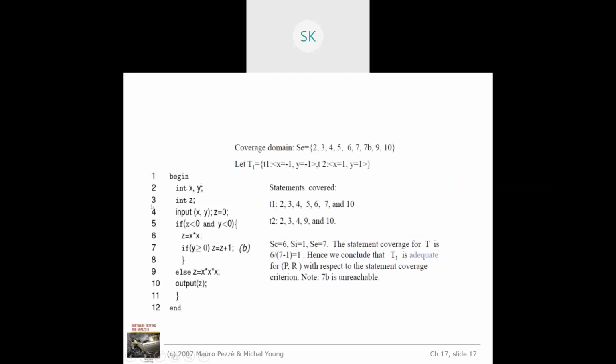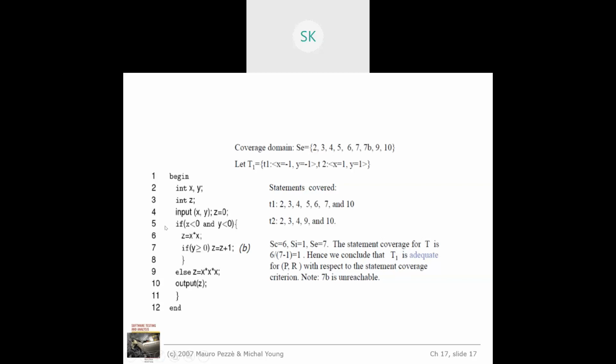See here. One simple code snippet or pseudo code is written, where you have a procedure to begin and to end. Here, int x, y, two variables have been declared, and one more variable z has been declared. All these three are integer type variables. Next, the fourth one: input x and y. You are taking x and y as input from standard input devices, such as a keyboard. After inputting that, you initialize the z value to 0 once you capture the values for x and y.